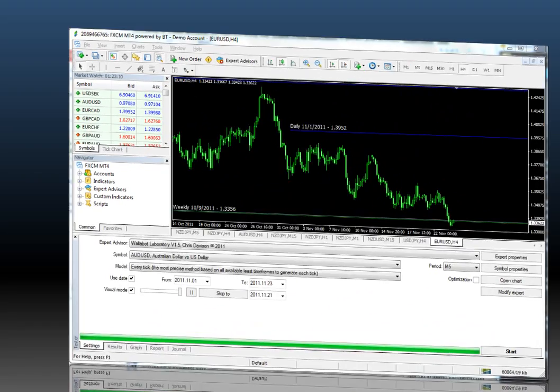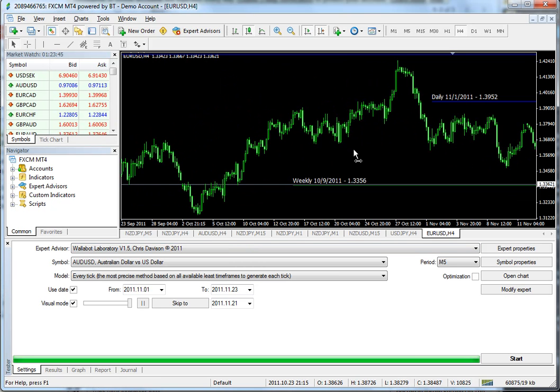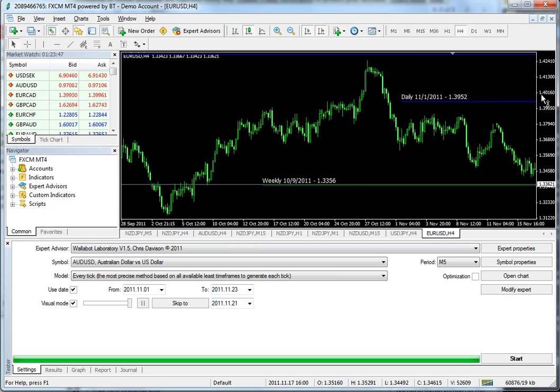It's Rob Booker here, and I'm going to do some Wallabot laboratory testing with you. Some things that you're going to want to know as you test your Wallabot laboratory. The Wallabot laboratory is a good way to use the Wallabot as a trade assist, or a trade assistant, in